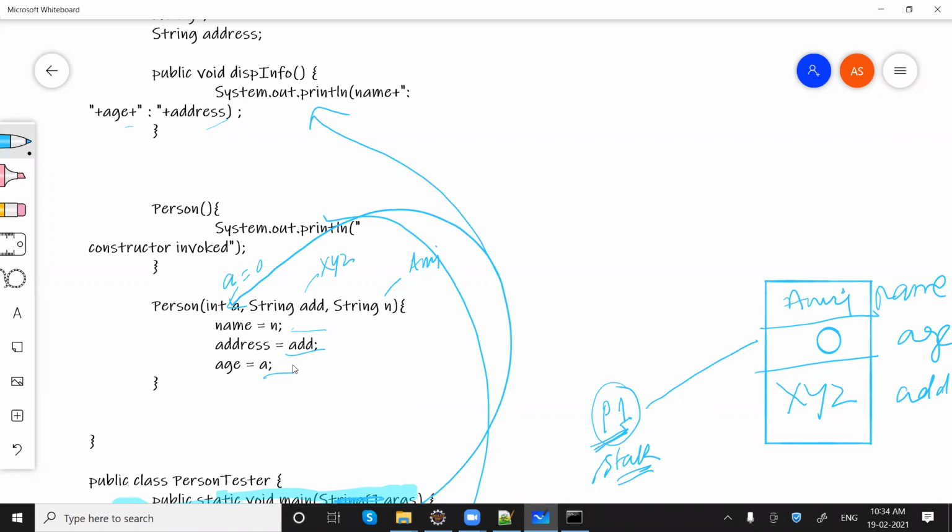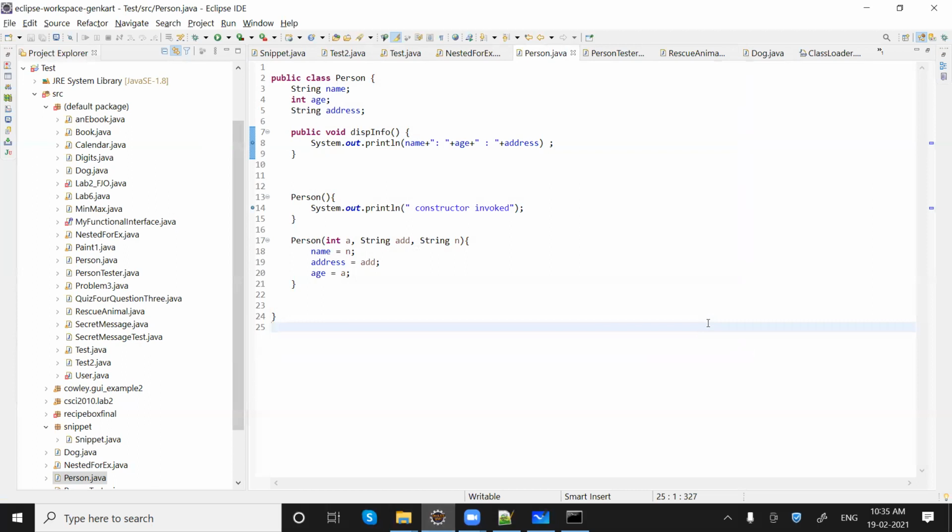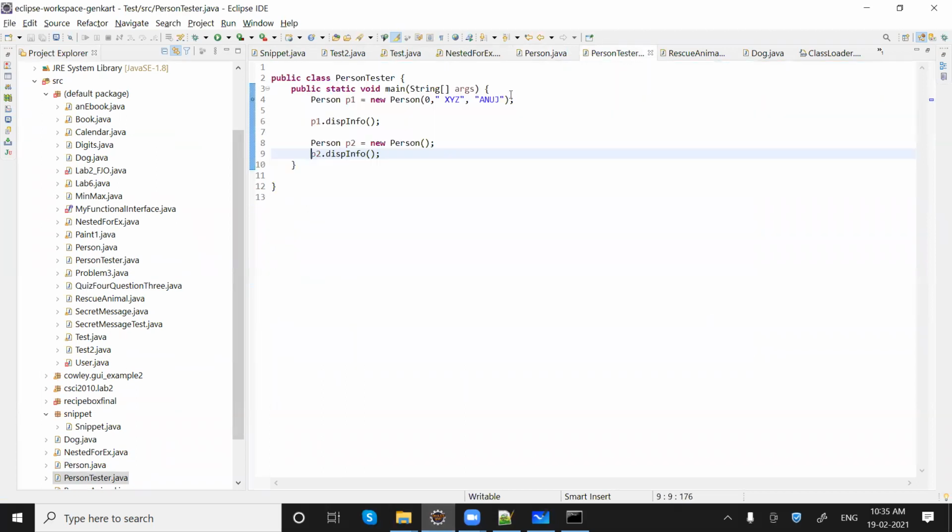We have used two methods, one with parameters and one without parameters. First it calls the one with the parameter and then goes to the other without parameter. Are you talking about this person and this person? Yes. Look at here, because on the board it's going a bit difficult. When we say this line in PersonTester,